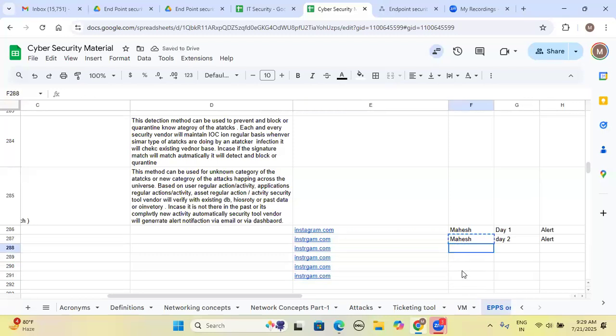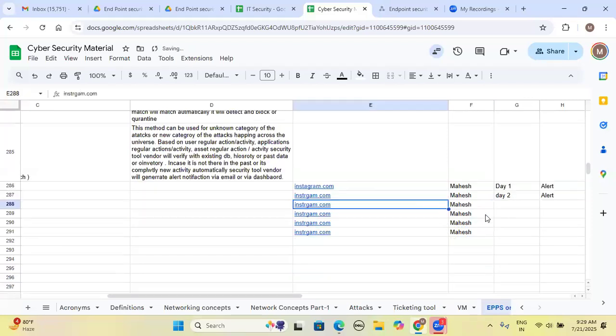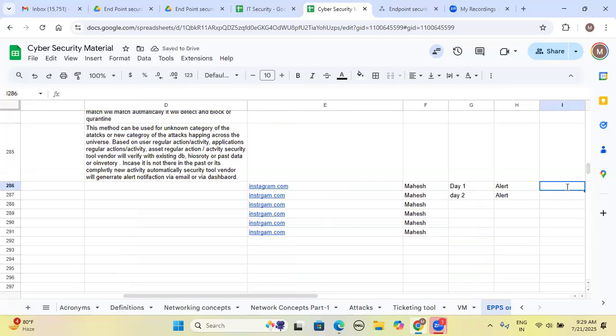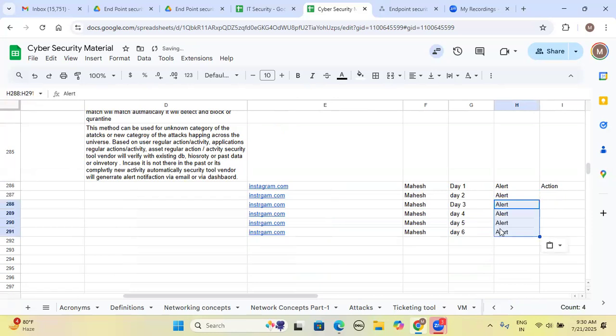So for this activity, what is the response we are taking from the existing? On day one, what is the action we have taken once this is received? Day three, day four, day five, day six, and so on. So once the tool is implemented, it will take approximately 6 weeks to 15 weeks to do the overall stabilization part, not normalization, sorry. It's not like we deploy the SIEM tool or EDR tool on day one,